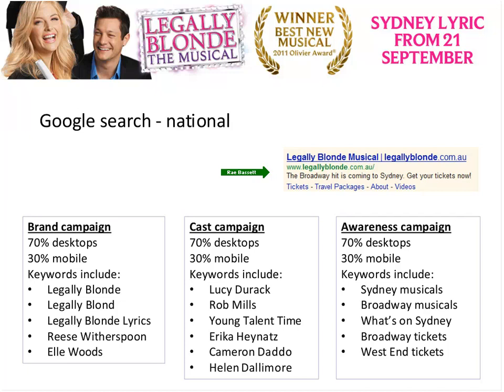So we will split those. For Legally Blonde, partly because the demographic is a little bit younger than the typical musical, we've set 30% as our budget for mobile. So we're splitting our overall search budget to make sure that we're capturing people on their mobile phones.